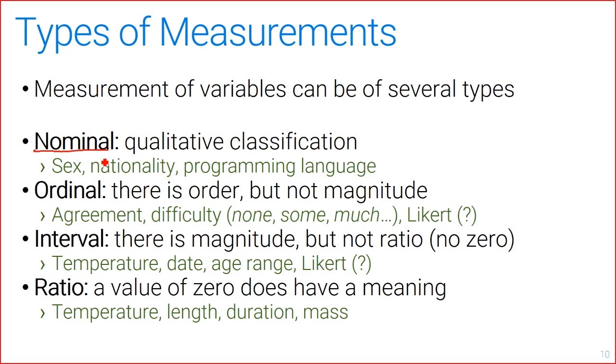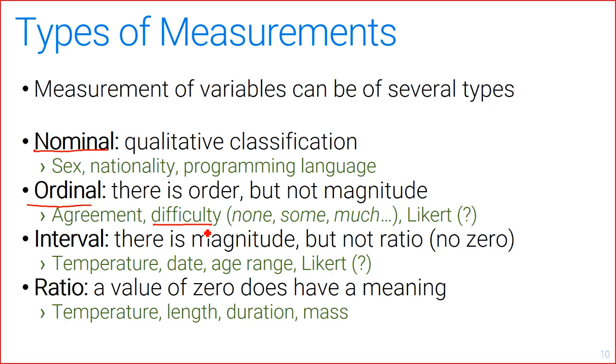Then if we go a little farther, we can have ordinal variables in which we do have an order, but not a magnitude. So we know that some things come before some other things, but there's no notion of distance between them. So for example, you can think about some variable measuring the difficulty of something. And if the possible levels are no difficulty, some difficulty, or much difficulty, we know there is this order between them. We know that none comes before some, comes before much,